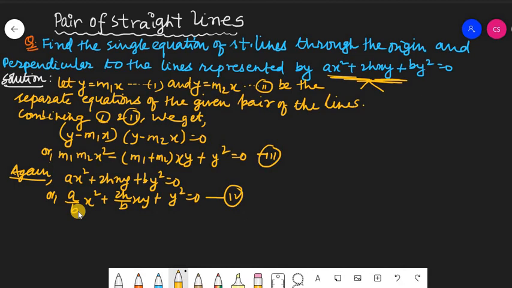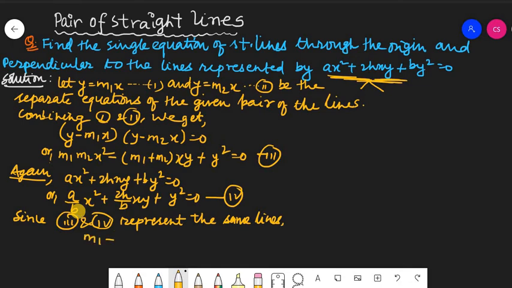Now compare equations 3 and 4. They are the equation of the same straight lines. So we can compare the coefficients of their respective x², y² and xy. Let us write one reason, that is, since equations 3 and 4 represent the same lines, when we equate their coefficients, we get m1 + m2 = −2h/b